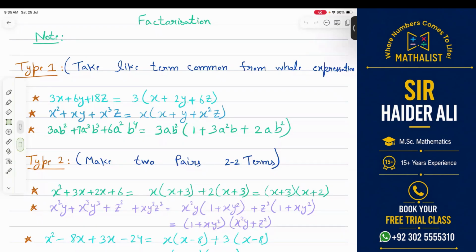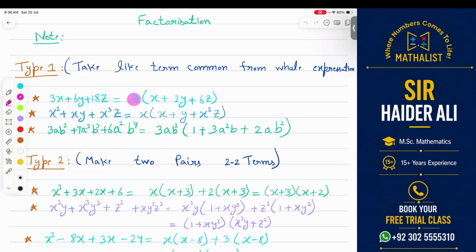First of all, factorization has different types. You can make different types of questions whenever you have a question and you want to factorize it. First of all, try to take the like term common from the whole expression. Okay, there is an expression and you take the like term common from the whole expression, then this is known as factorization. For example, this one,